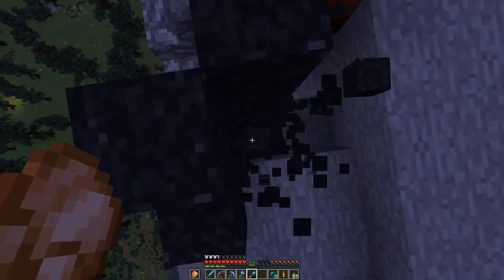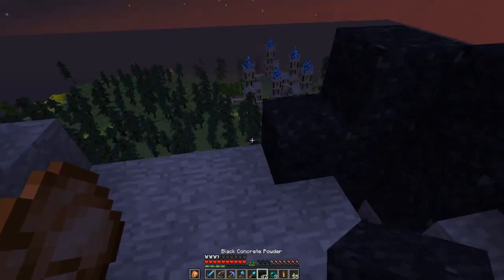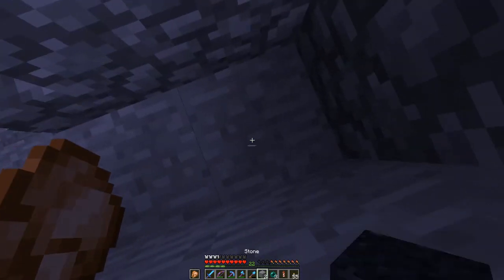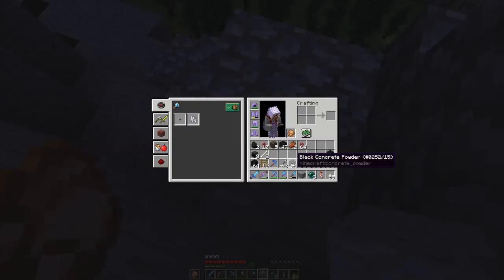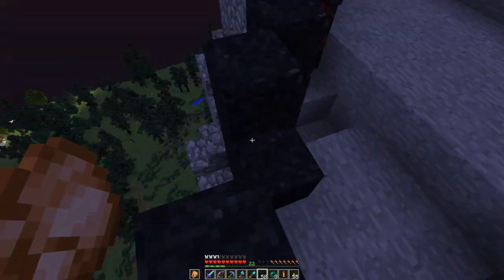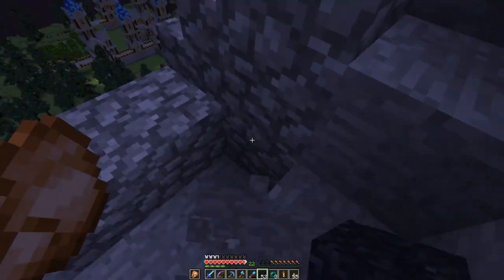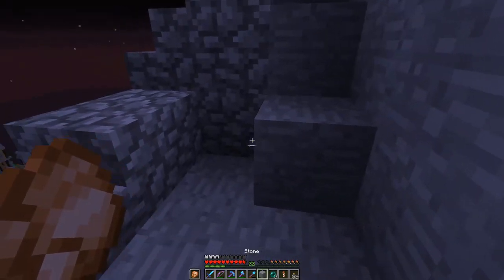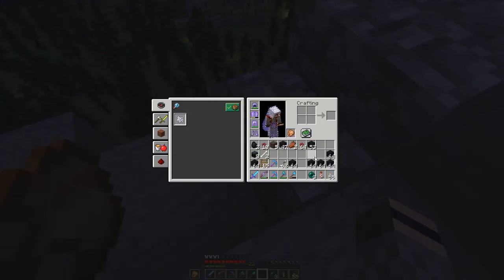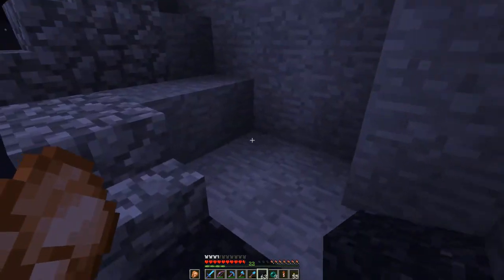Let's see, we don't need these. I should be somewhat resourceful with these, since they are kind of expensive. At first I thought I would just buy all of the concrete powder, but it's a diamond per stack and I need quite a lot, so I thought I'll just make it myself. The only thing that is spot is the ink. I have no way of getting ink other than trying to get stuff from the ocean,